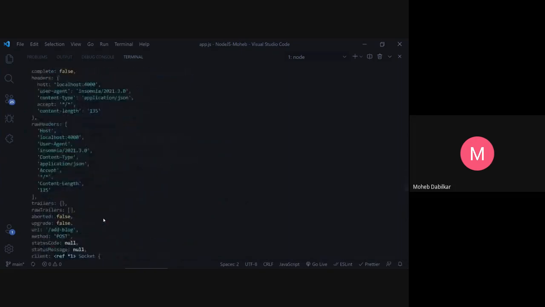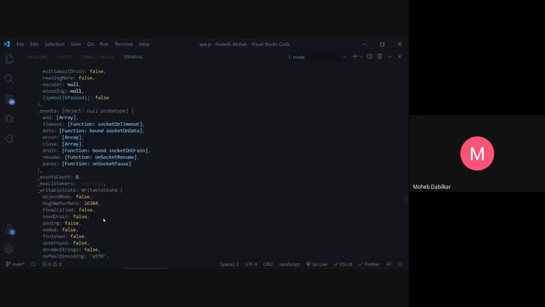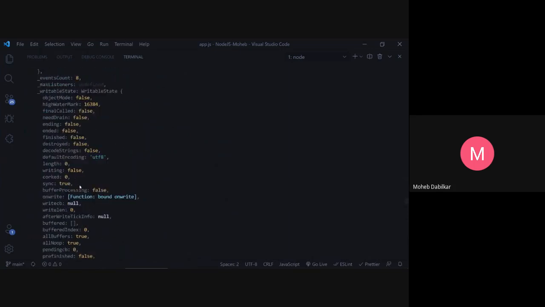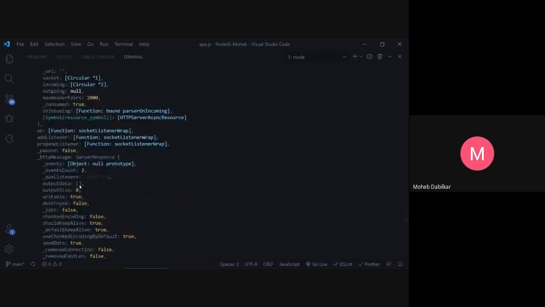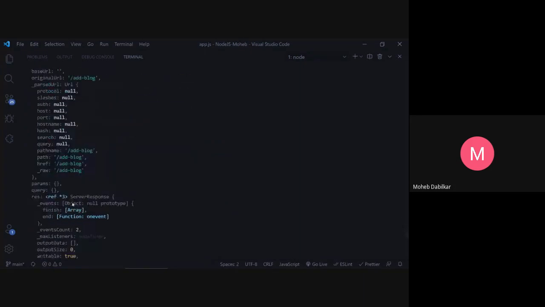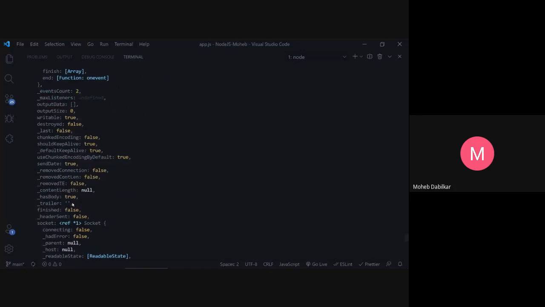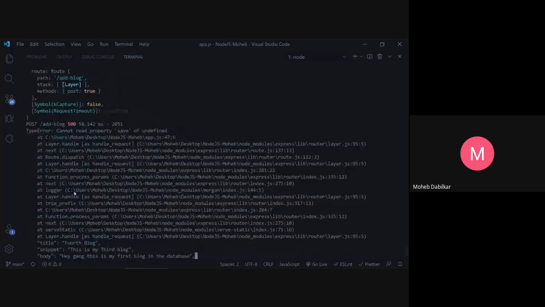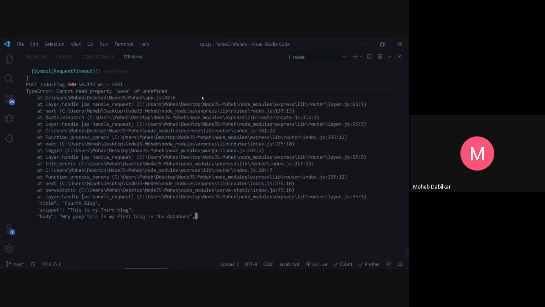We have request.url, request.method, and similarly we have something known as request.body. It should be somewhere over here. We cannot read property save of undefined.